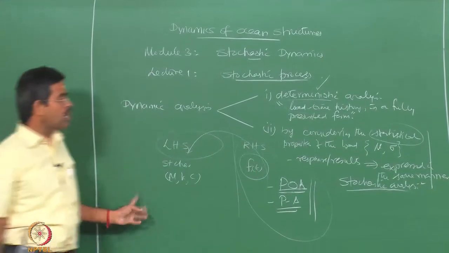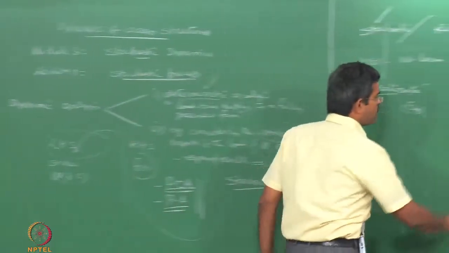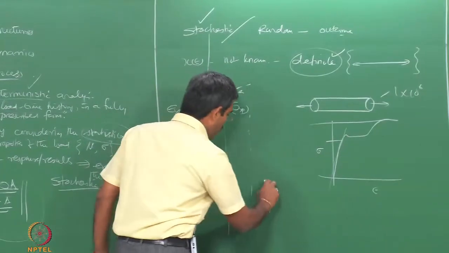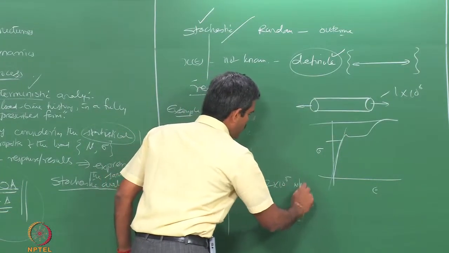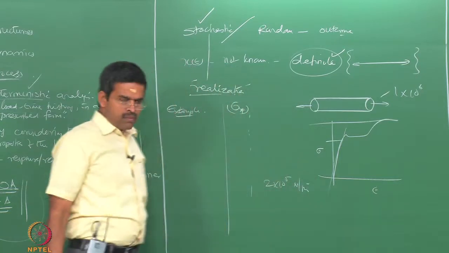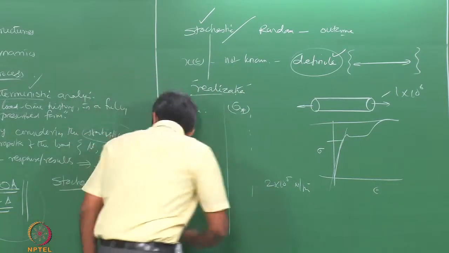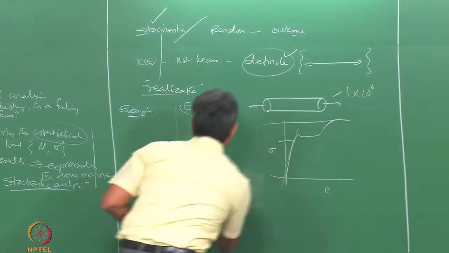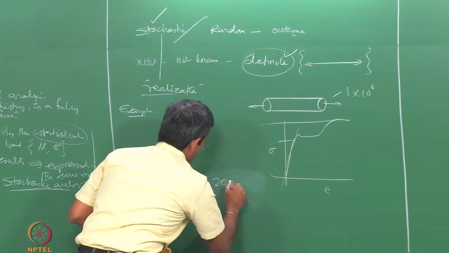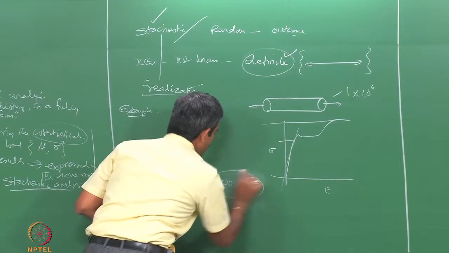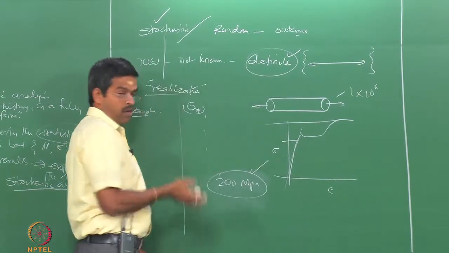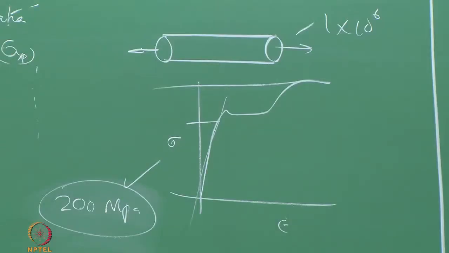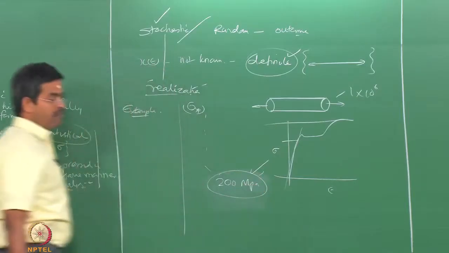okay, because you are assuming that the Young's modulus, which is the slope of this curve, is always going to be 2 into 10 power 5 Newton per mm square, megapascal, 210 megapascal, let us say 200 megapascal. So, you are assuming this value to be fixed, but all the time this value may not be fixed. Okay. So, therefore, you can also correct this, which is also one of the important inputs for stiffness matrix derivation,